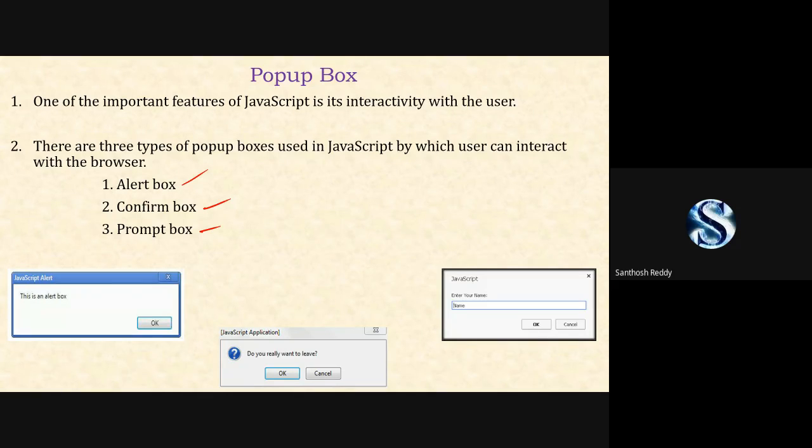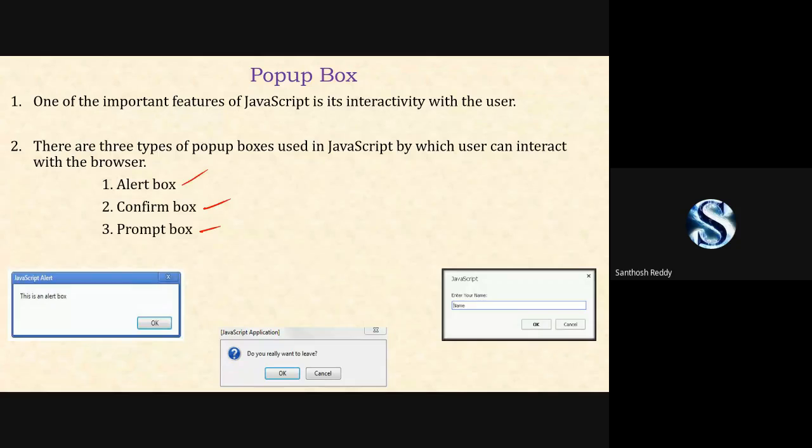The alert box just posts some information for you. That's it. If you want to discard it, it's left to you. It is not going to take any input from you. It just conveys the message to you in that particular box.